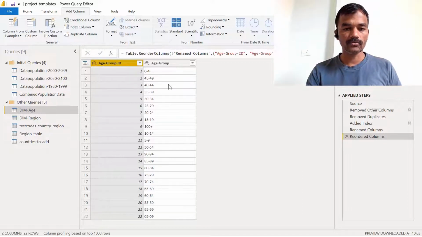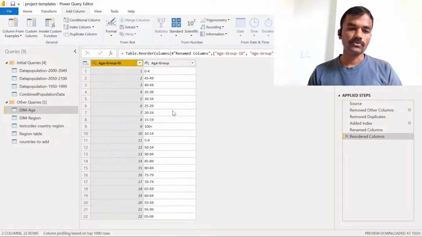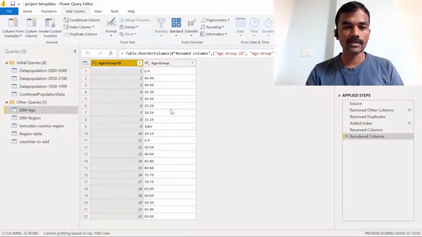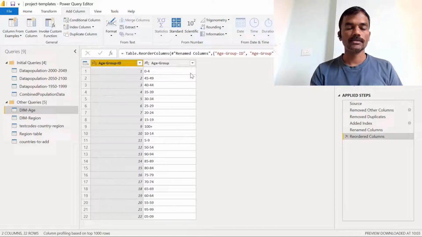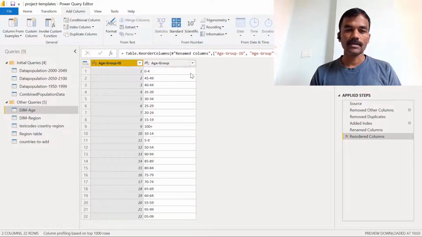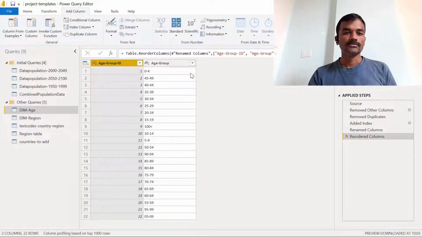For now I am going to show you the extract feature of Power BI, which will extract the maximum age in a particular group. Like for 0 to 4 the maximum age is 4, so we will extract that and put it in one column, and then we will create a conditional column which will create the age group categorization. So let's do that.